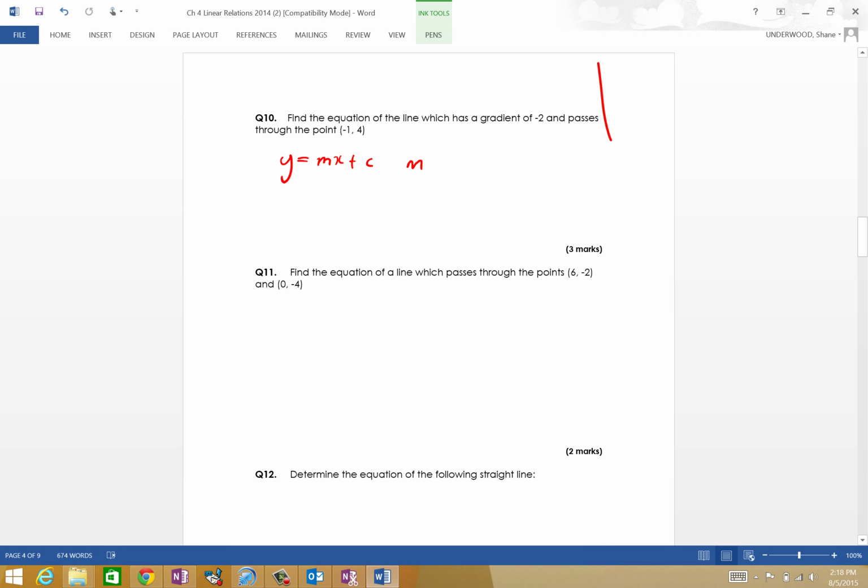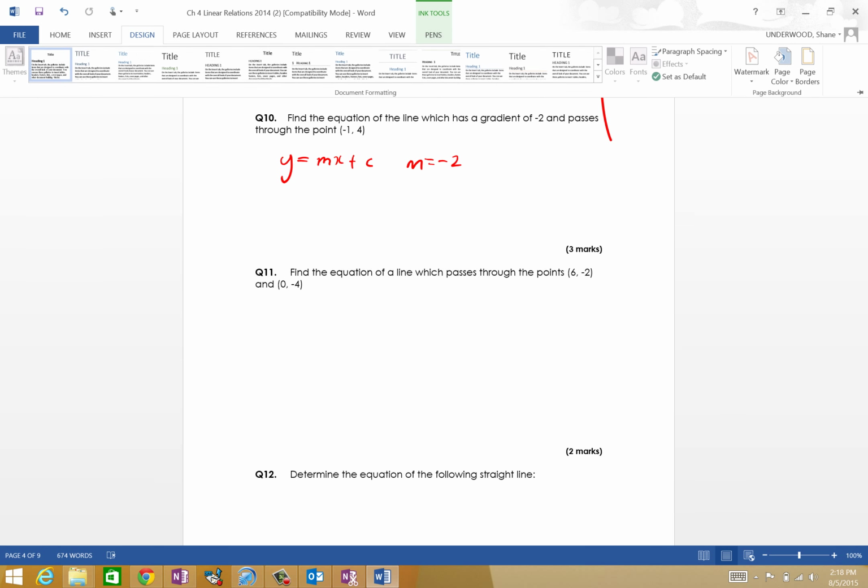We know that m is equal to minus 2. Now, in order to find the equation of a line, we need two pieces of information. We either need the gradient and a point, or we could have 2 points. Either way, you need two pieces of information. You need 2 points, basically. But by being given the gradient, that actually means that we can go ahead